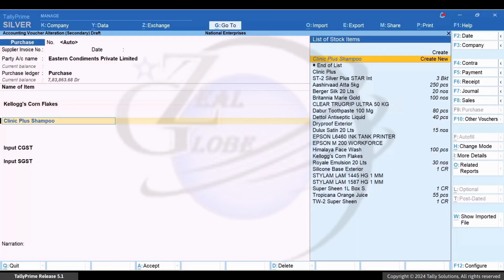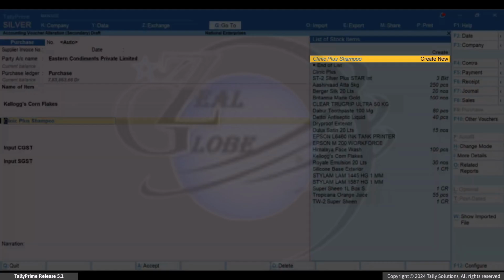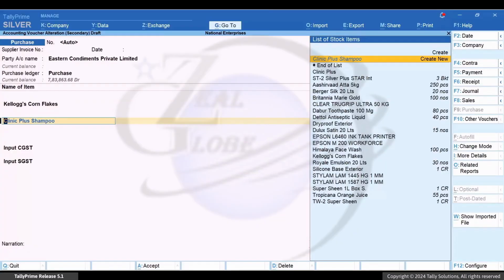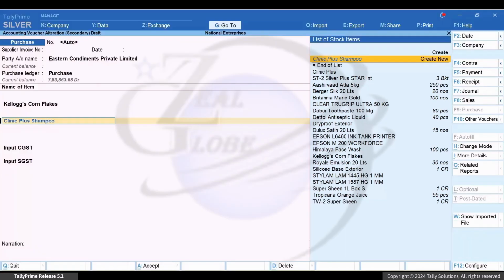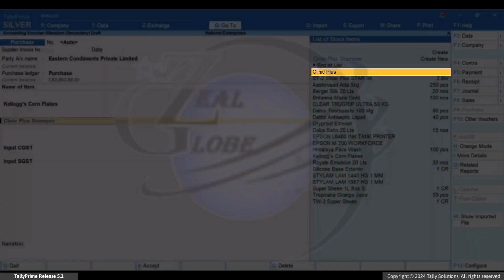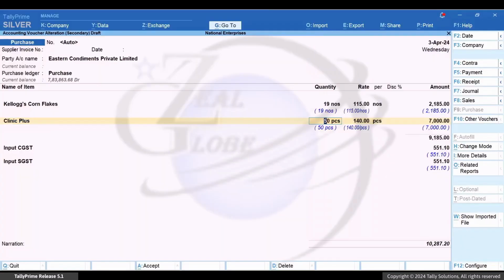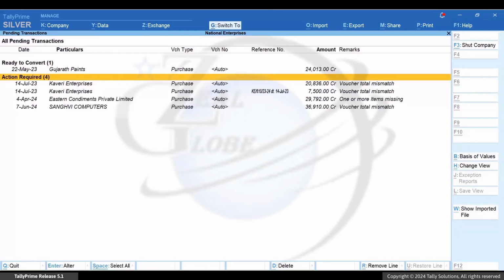Now, if you have a stock item or any master corresponding to the master value in the imported file, then DocAI Assistant helps you quickly identify the master. For this stock item, the closest matches are listed in the descending order. Select the matching master. Here you go. The master gets mapped, not just for this voucher, but also for the future transactions. Now, as all other masters are available, you can press Ctrl-A to save the voucher.